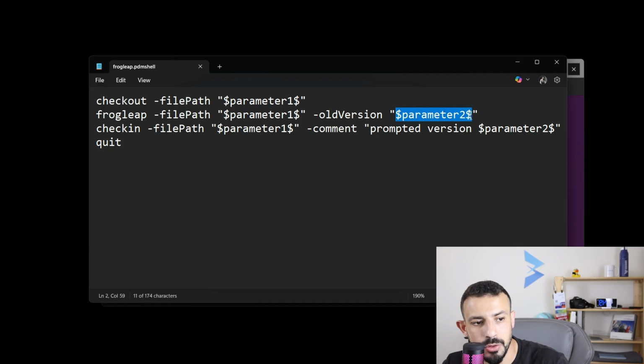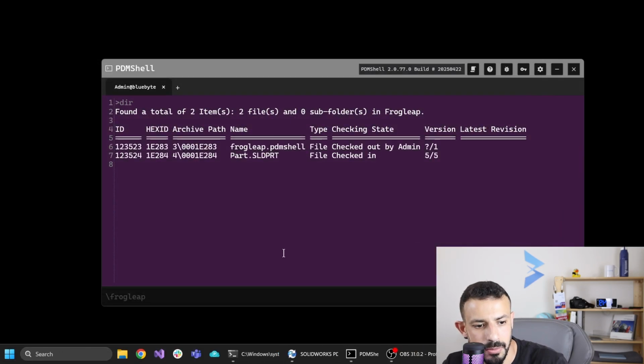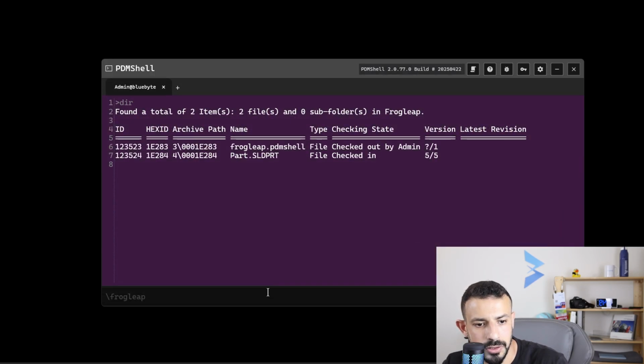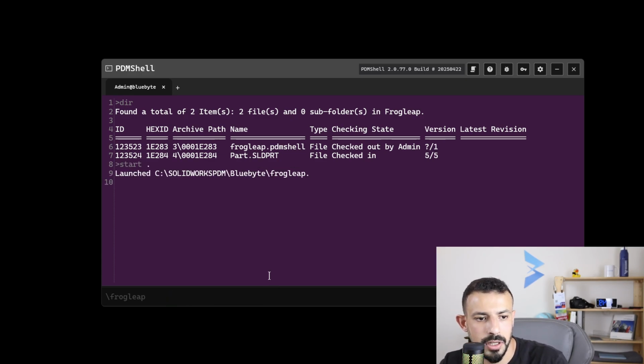So you can see how these are wrapped here in $ signs. And then finally, once we execute the frog leap command, we're going to check the file back into the vault with a little comment here. And then we're going to specify that we want to quit the PDMShell session. So once we have this saved here, I already have it saved in my vault. I can actually open up this in File Explorer,